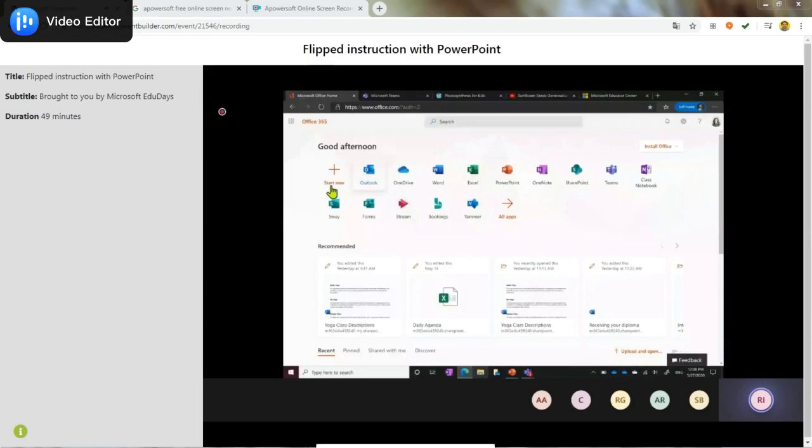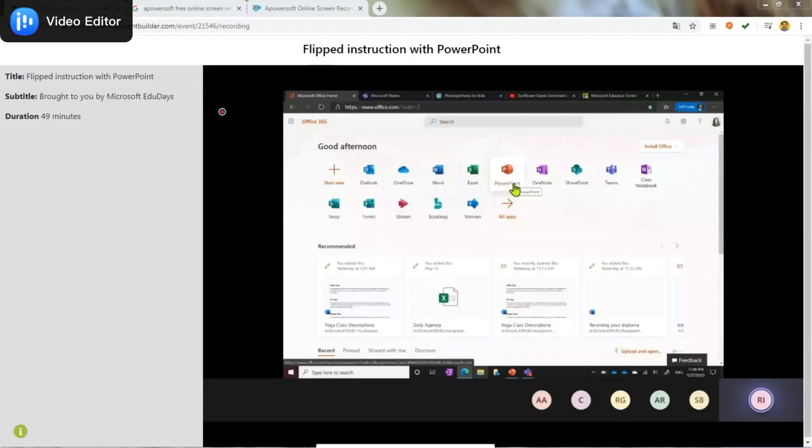So you'll notice here that I have Teams, I have Word, OneDrive, Outlook, and I have PowerPoint online, which is great. But for recording narration that goes along with your PowerPoint presentation, it's best to use the desktop app of PowerPoint instead of the online version. If you do not have the desktop app of PowerPoint installed on your computer, that's okay.